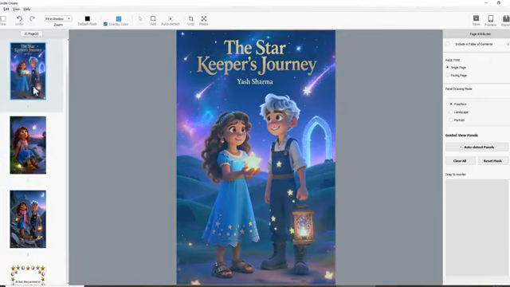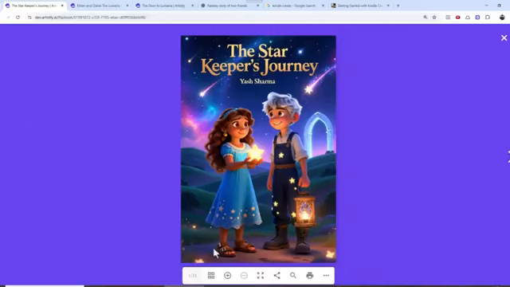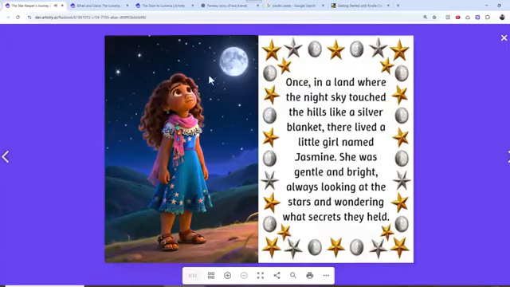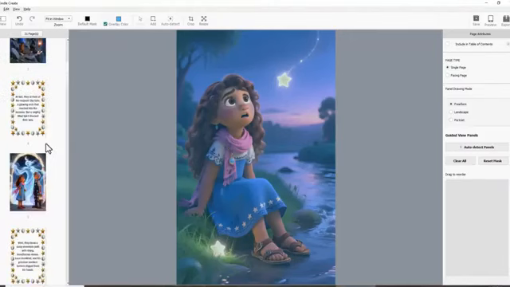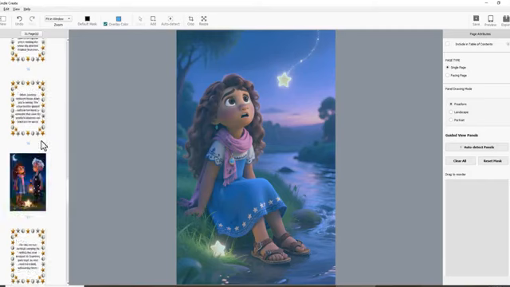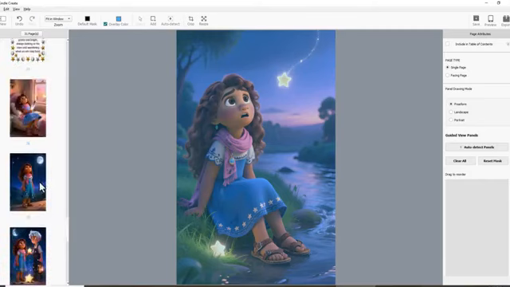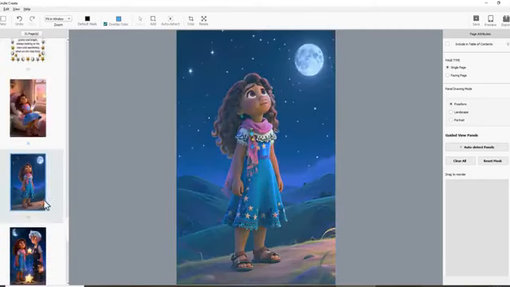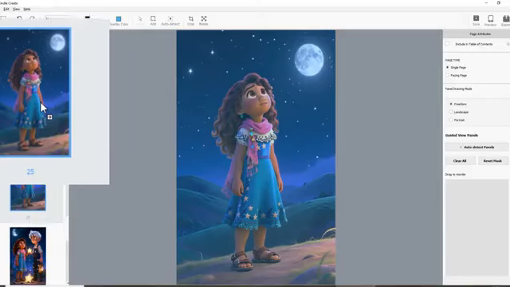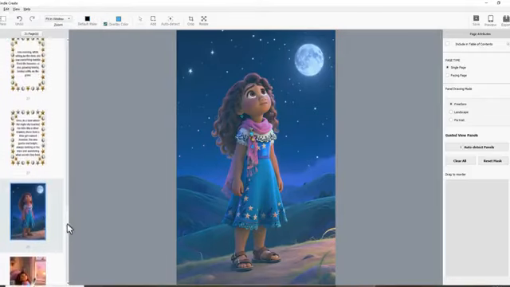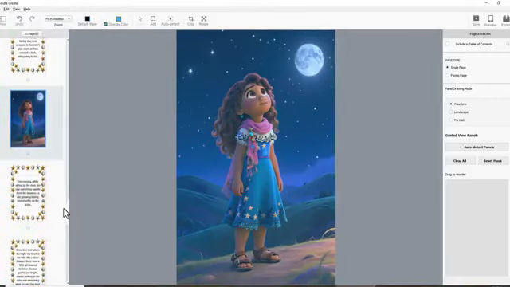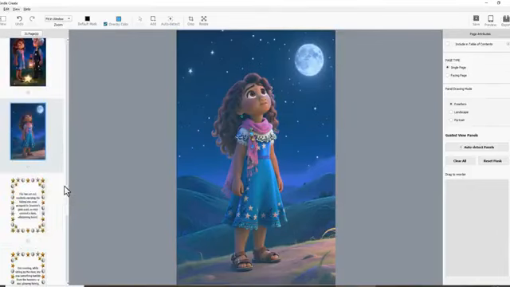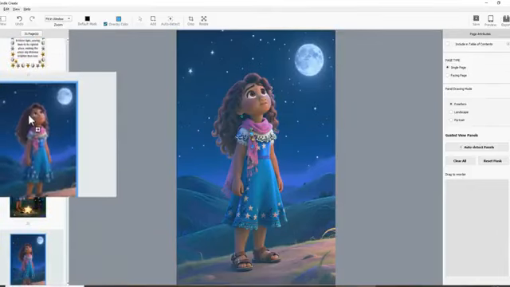Alright, so that's my first page. What's the second page, right? Second page is the girl looking at the mountain. Oh, sorry, the moon. Where is the girl looking at the moon? Okay, there's the girl looking at the moon. Here, she's on the 25th page. Take her to the top. Perfect. Awesome. I'm just going to show you right as I'm doing it